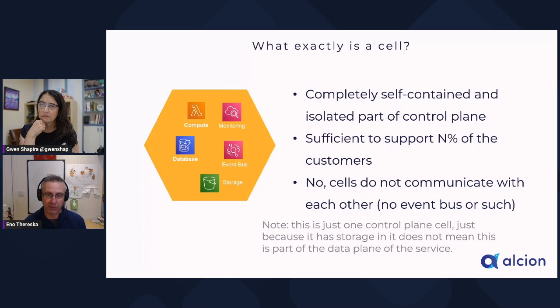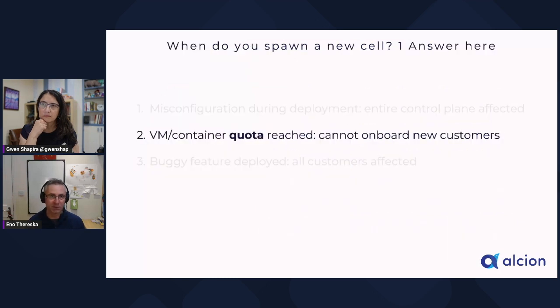It's just that the control plane needs to maintain a lot of state as well to run the data plane, right? Sometimes the state can be petabytes in size, and this is just metadata. So a cell is going to contain this ecosystem as well. It's going to contain a little bit of all of these things, sufficient to run the workload that the customer demands. Okay. Now, when do you start a new cell?